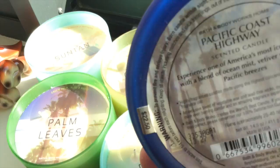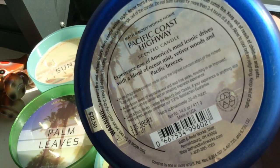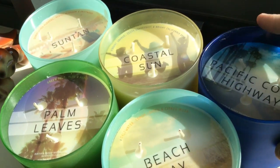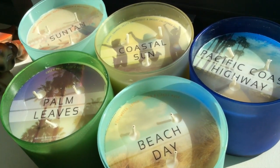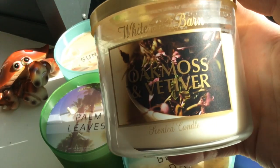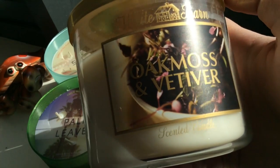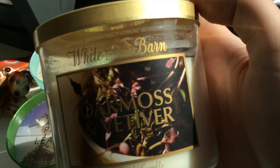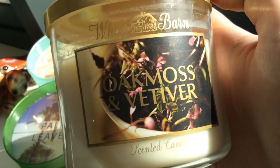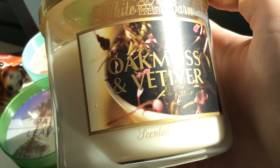First, let's talk notes from the bottom here. Oh, we already did that, yeah. Ocean Mist, Vetiver Woods, and Pacific Breezes. Doesn't give you much. The first thing that I thought it may be kind of related to, now bear with me here, is this test fragrance from last year, Oak Moss and Vetiver from White Barn. Now, this was a weird test collection. It was for Oak Moss and Vetiver, Whitewater Birch, Sage and Cedar, and...